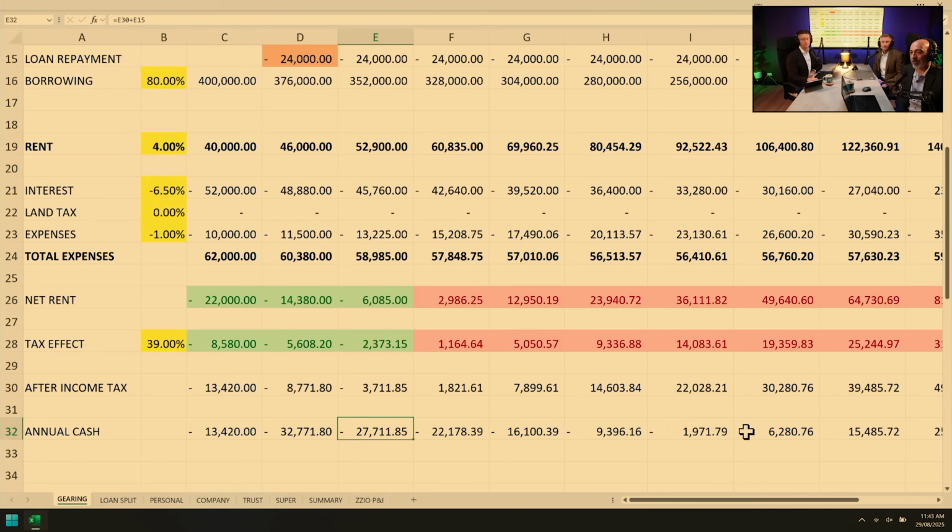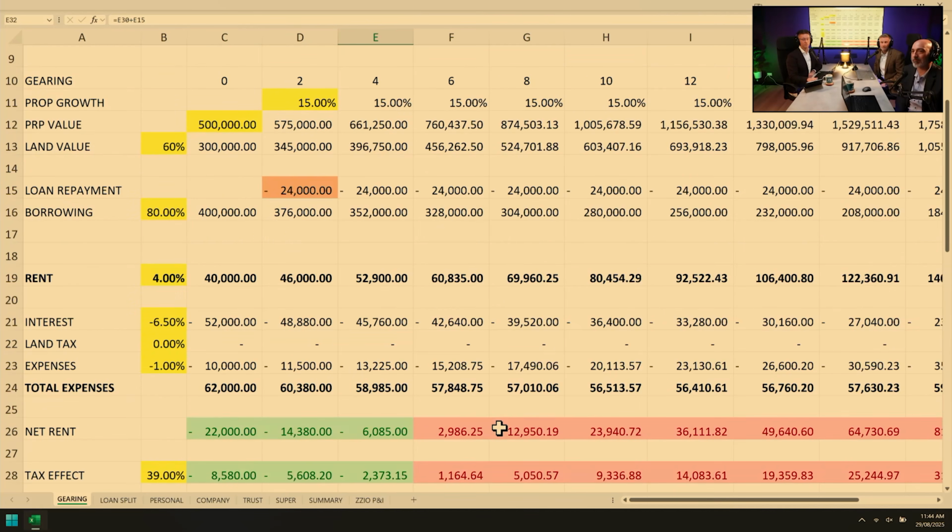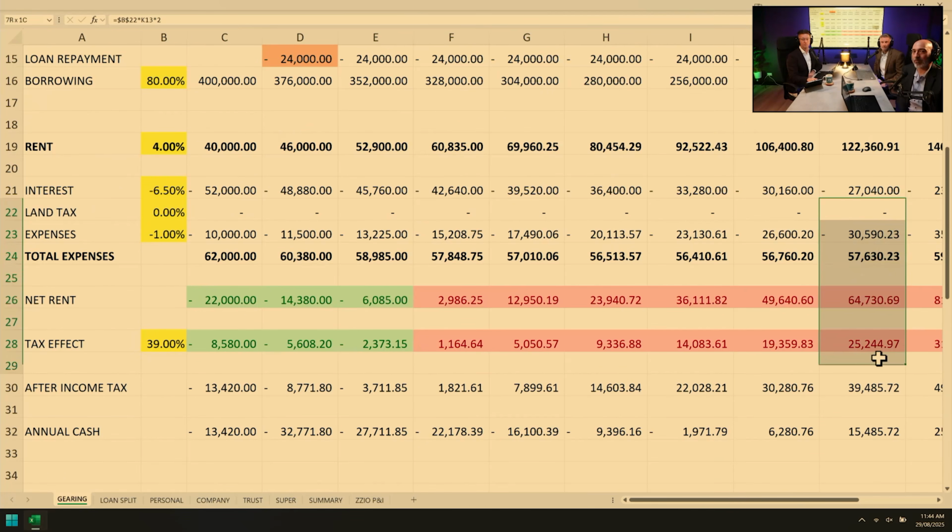So there is a point where a property is so positive geared, it's paying its tax and it's also helping you. So I'm not sure what year we're up to there. Probably, there you go, 16 years in. You're still carrying some debt on the property. You've got $208,000 of debt at that stage, but it's actually putting $15,000 of income into your pocket after paying 24 grand off and paying the tax bill. But it is restricting your cash flow early on.